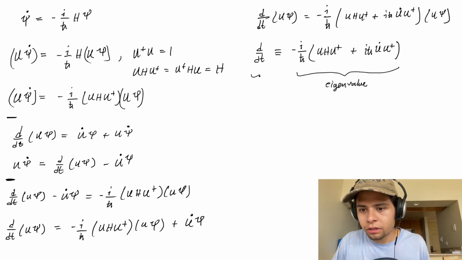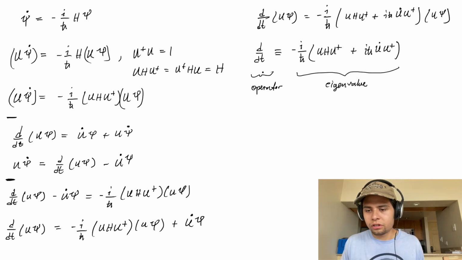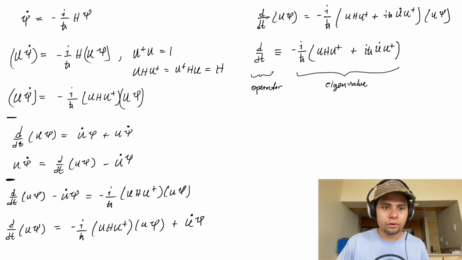Eigenvalue, and this is the operator. However, we want to know a little bit more, because the eigenvalue is just a bunch of operators. We just managed to figure out what d/dt is for any state in terms of unitary operators, and it has a Hermitian Hamiltonian operator in here as well. And so the thing we want to take a look at now is